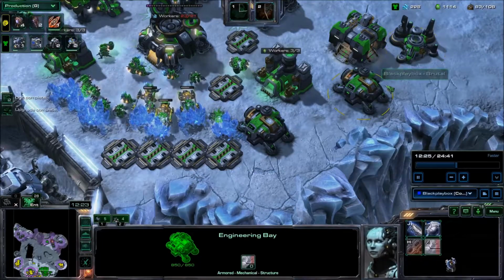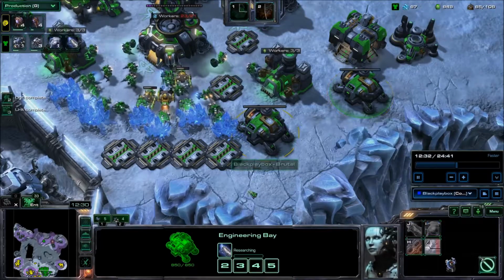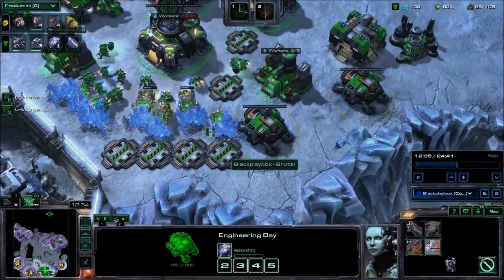As soon as your armory completes, you should check your engineering bay to see if they're upgrading. If they're not, that's when you start level 2. Yeah, as you can see, there you go. So he has finally started level 2 upgrades, but